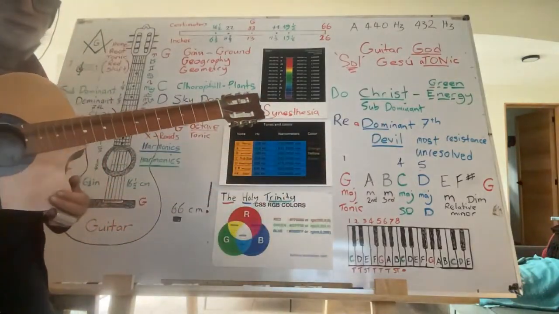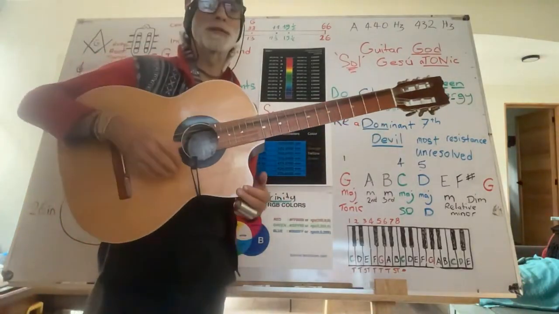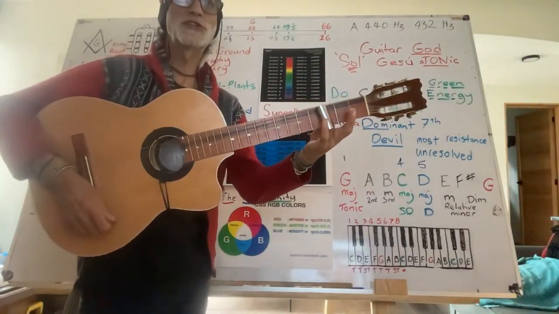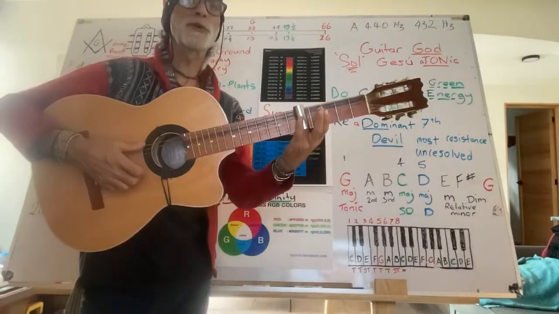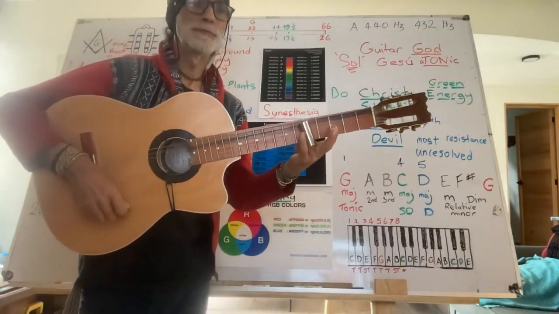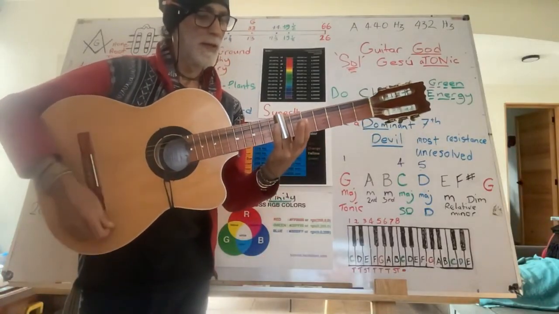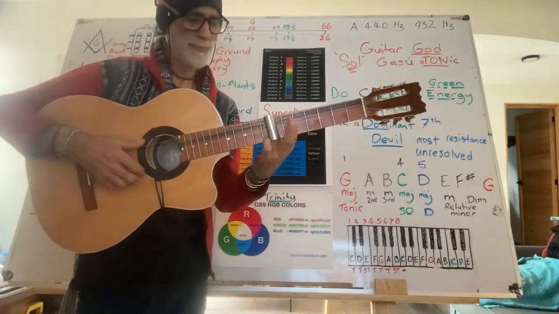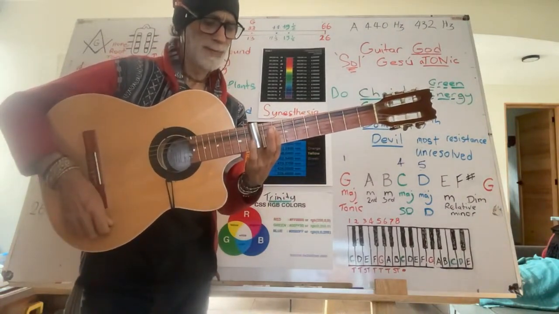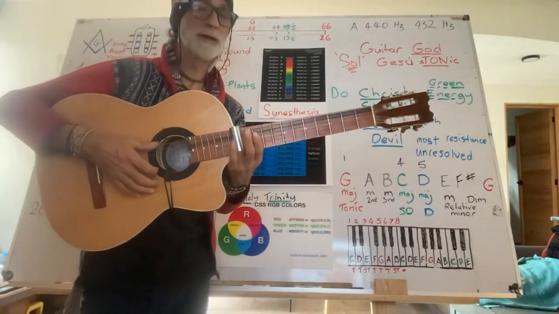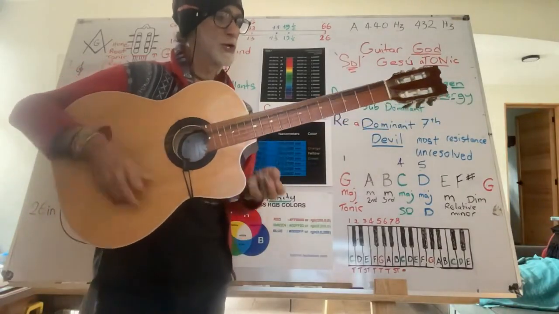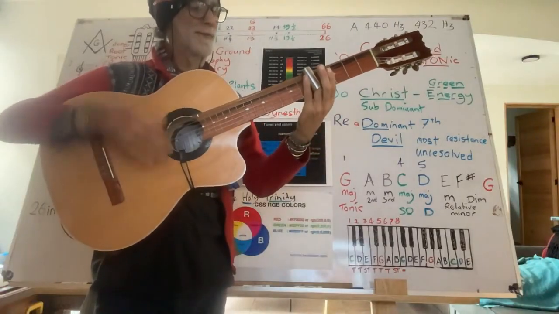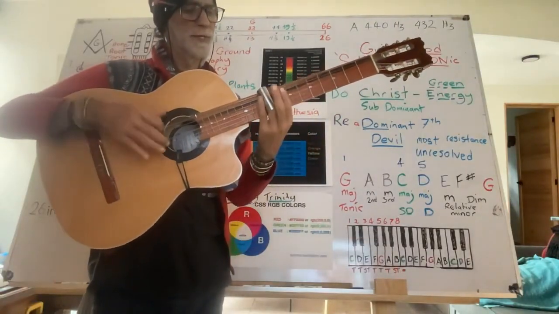So open, this is not Mars, this is G, this is Jupiter. This is Venus, the first dot, Mercury, Virgo, Mars, the dominant, Scorpio, Saturn, Aquarius, back to Jupiter. Jupiter, Venus, Mercury, Mars, Saturn,